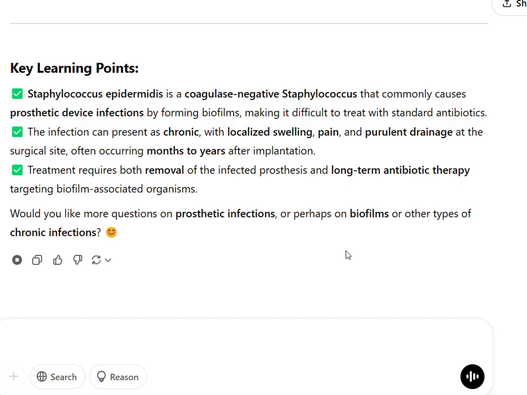Treatment requires both removal of the infected prosthesis and long-term antibiotic therapy targeting biofilm-associated organisms. Would you